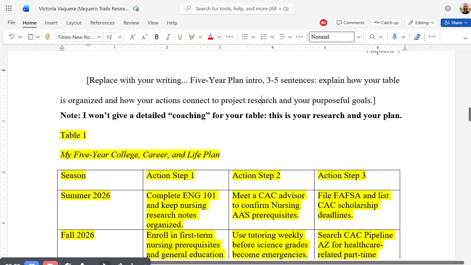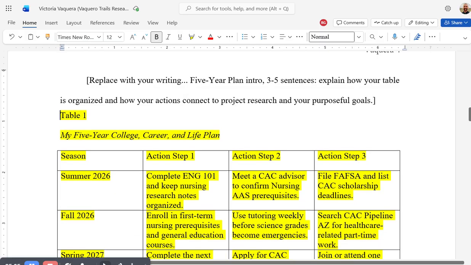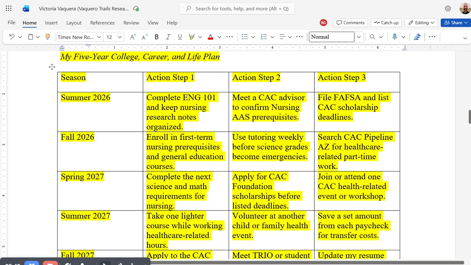So there will be no, in a template, detailed coaching because this needs to be you, right? This needs to be you having done the research. So with our mentor text example, you see how Victoria Vaquera, from all of her research, has gone from action steps to complete, yes, by the end of summer 26. That may not be something that's due this summer, but think of how we are always planning ahead so our process moves smoothly. So you see that she goes from nursing prerequisites,